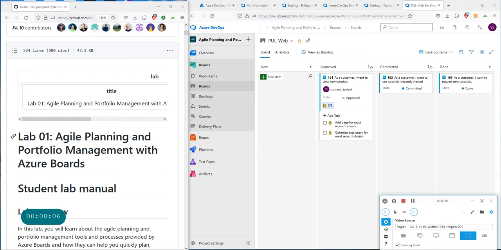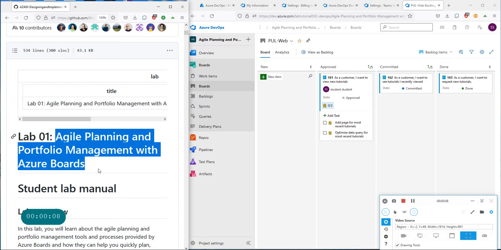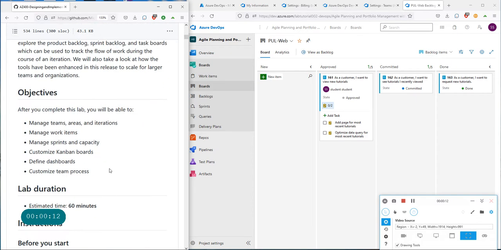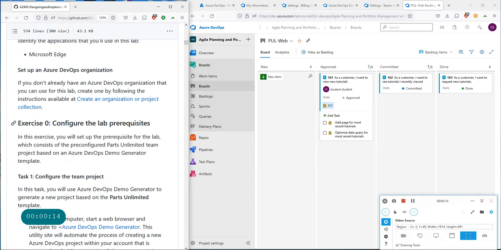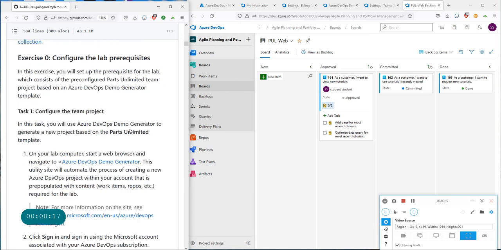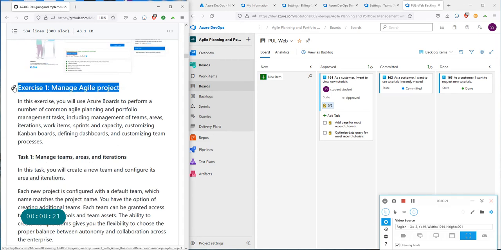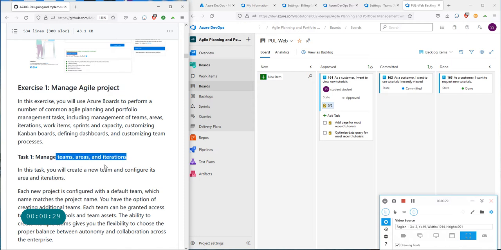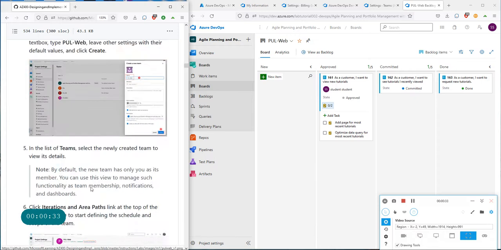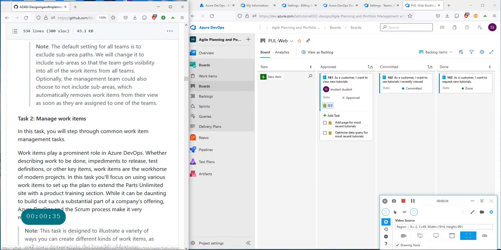So we have already started working on Lab 1 on AZ400 Agile Planning and Portfolio Management with Azure Boards. We have completed our exercise 0 configuring the lab prerequisites. We created a project and organization. We completed our exercise 1 where we created new teams. We defined the areas, included the sub areas, and we defined the iterations. Three different iterations we have created for three different sprints, and please review the couple of videos that we have